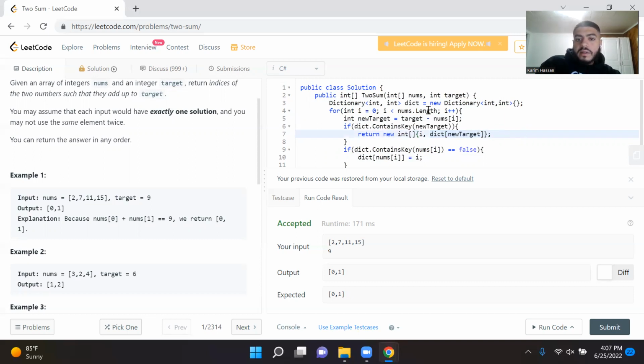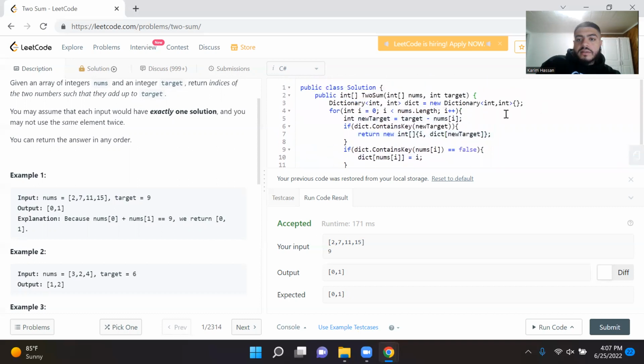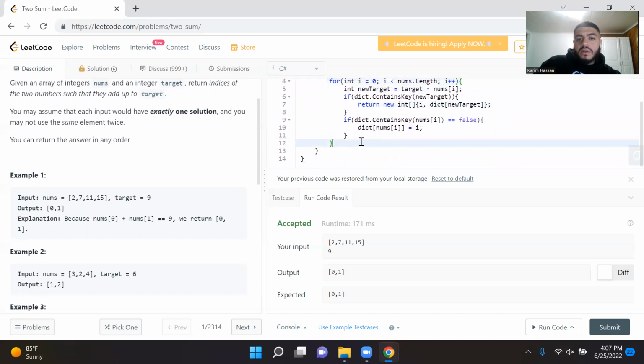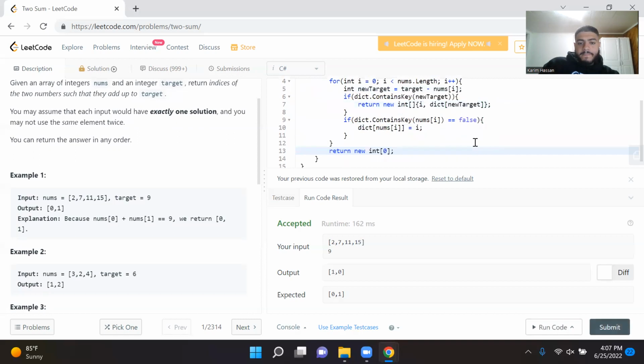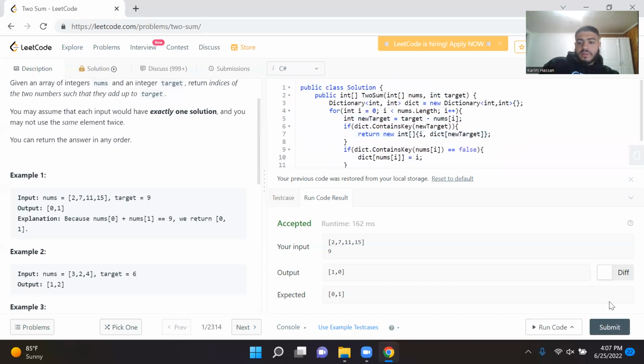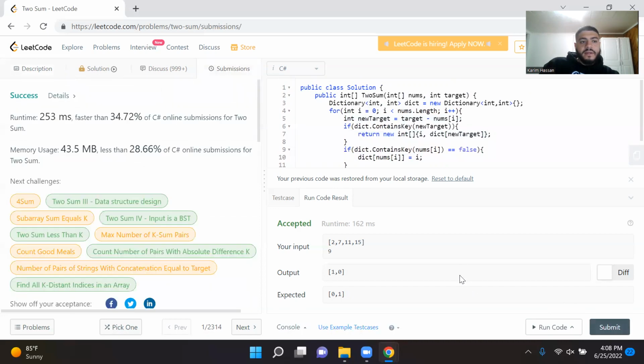Okay, let's try it. And we also have to return something at the end. Okay, so I'll just return an empty array for now. Shouldn't matter, right? Okay, so our basic test worked. Let's try submitting this. And boom,